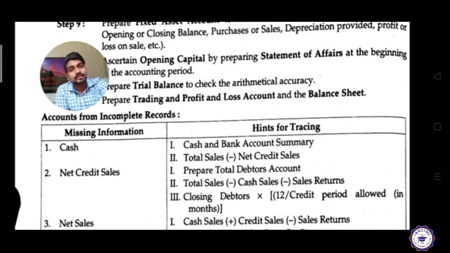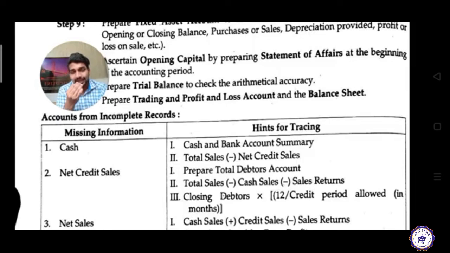कैश एंड बैंक अकाउंट समरी, आप बैंक अकाउंट की समरी निकालेंगे, कैश अकाउंट की समरी निकालेंगे, उससे आपको पता चल जाएगा that how much balance of cash you hold. And second one वहाँ पे दिया है टोटल सेल्स माइनस नेट क्रेडिट सेल्स। एग्जैक्टली आपको उससे भी पता चल जाएगा, टोटल जितना आपका सेल्स है, माइनस नेट क्रेडिट सेल्स आप करेंगे तो आपको उसमें से आपका जो कैश का बैलेंस अवेलेबल है वो मिल जाएगा।